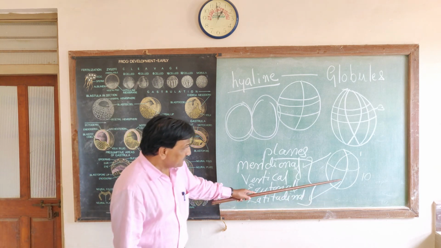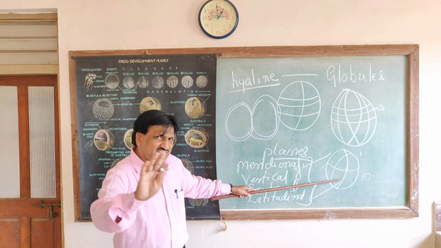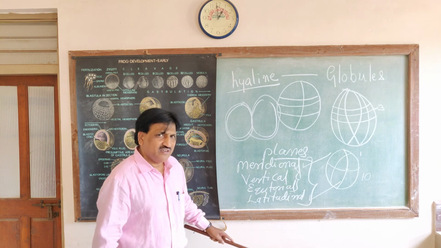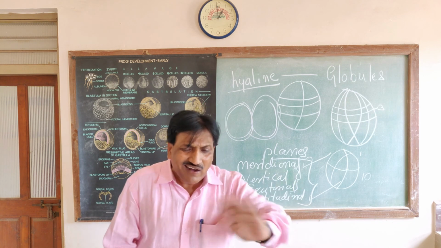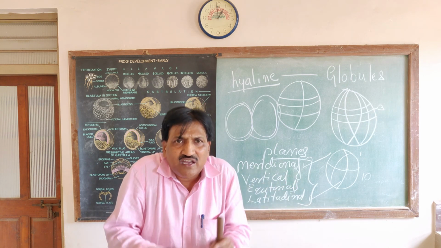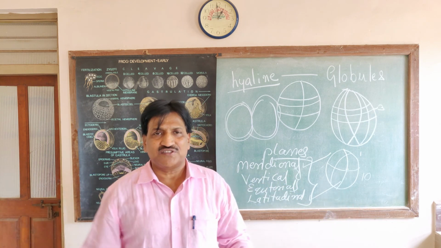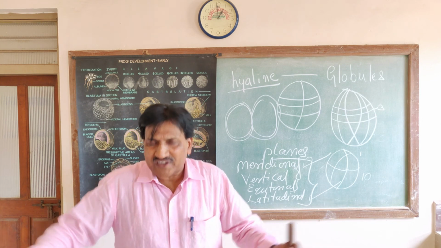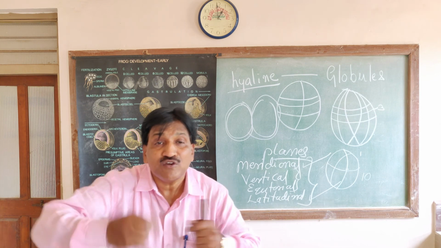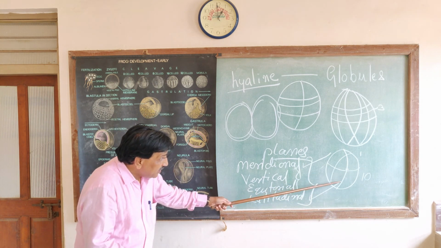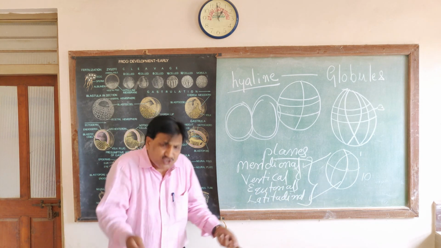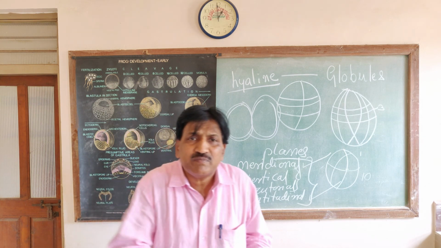Now here, during cleavage, it resembles a mitotic division. During mitotic division, whatever organelles are present are equally distributed to the daughter cells. So there is a movement of the organelles. Now here, the movement of the organelles in the vegetal pole is slow because of the presence of the yolk.